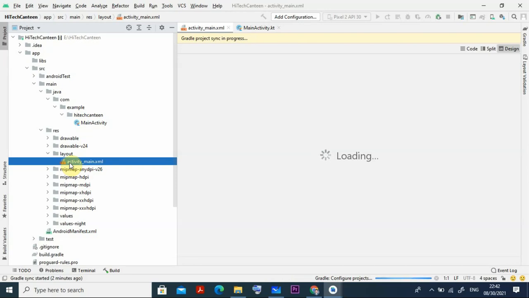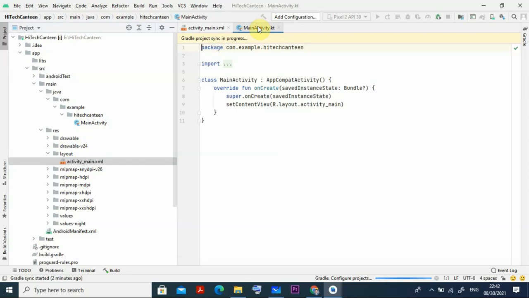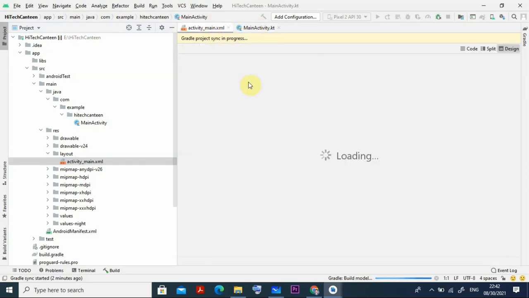So I want how many number of edit texts, how many buttons, how many text views, all the things I can put here. Okay, so I'll show you an example here, but initially we are going to run a program. In this program we will be showing only hello world. Okay, that is the thing, only that will be shown here. So still it is running, I think. You can see here the Gradle build model, it is still modeling.